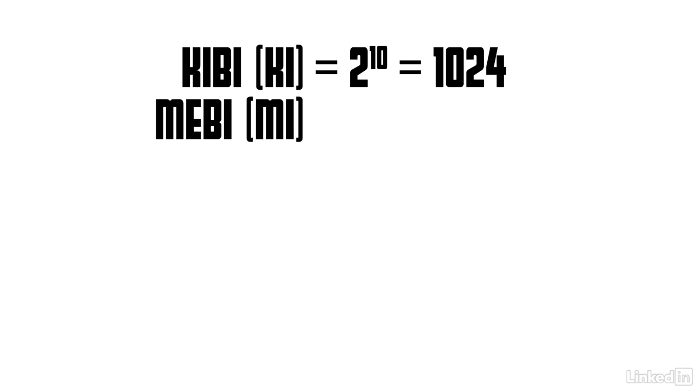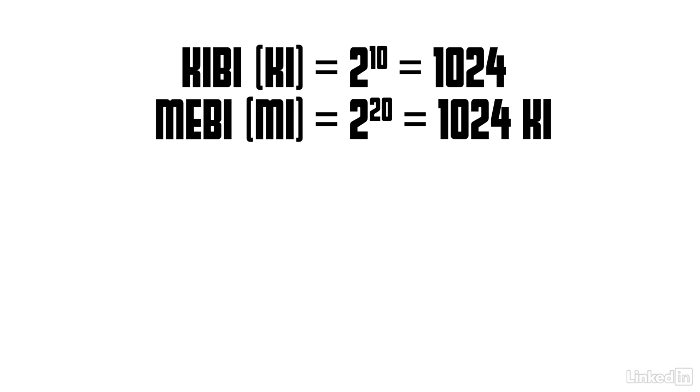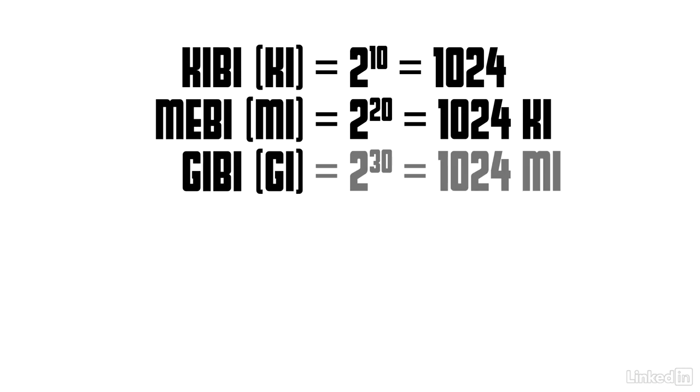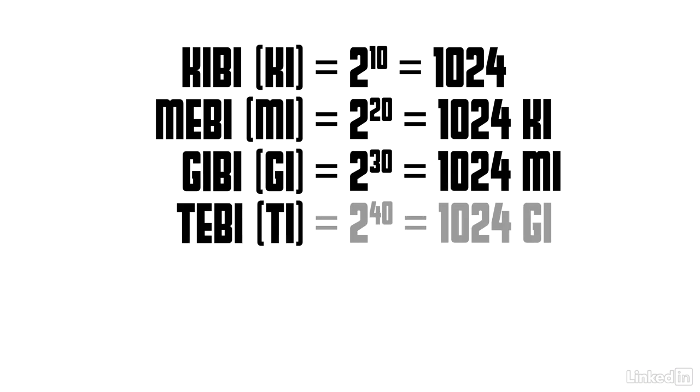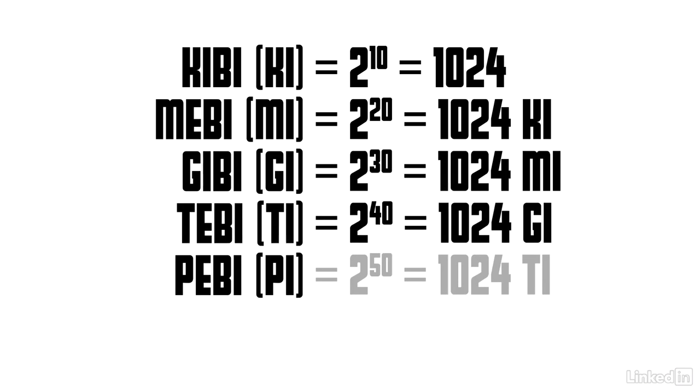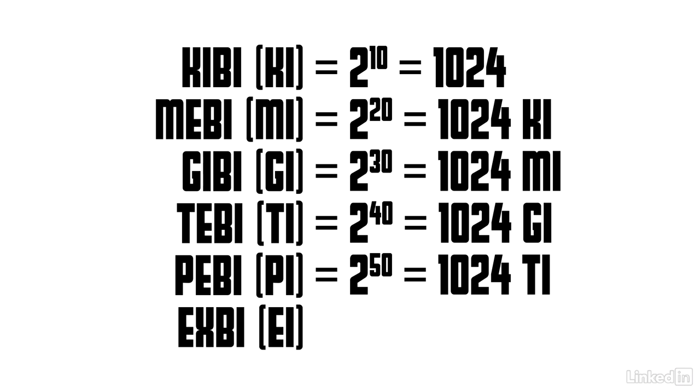The best place to start with IEC binary prefixes is the KIBI, or KI. That's 2 to the 10th power, or 1,024. Next is the MEBI, or MI. That's 2 to the 20th power. GIBI, GI, is 2 to the 30th power. We're having fun. Let's keep going. TEBI, TI, 2 to the 40th power. PEBI, PI, 2 to the 50th power. And if you ever get this high, you can go all the way to EXBI, EI, and that is 2 to